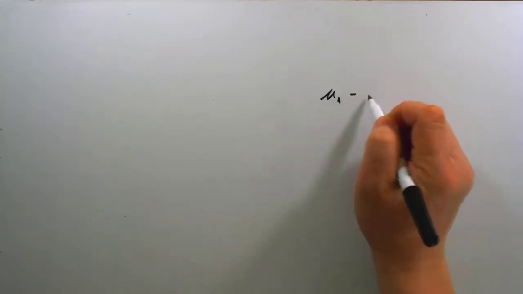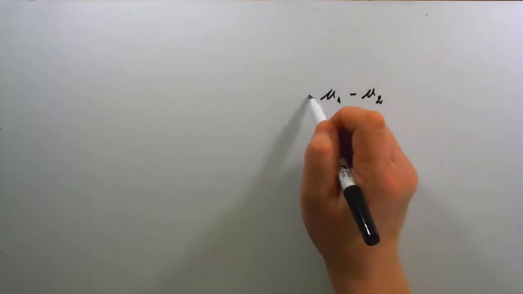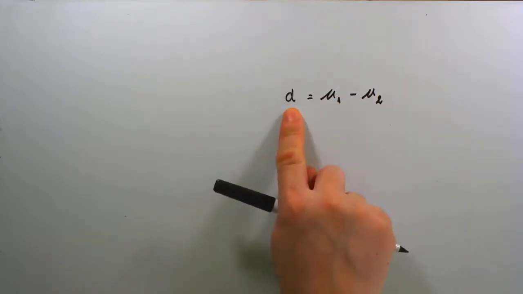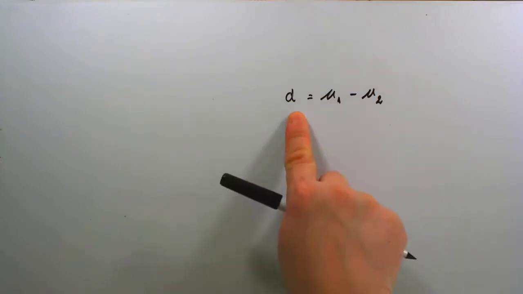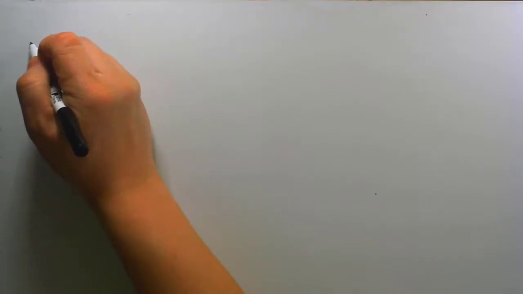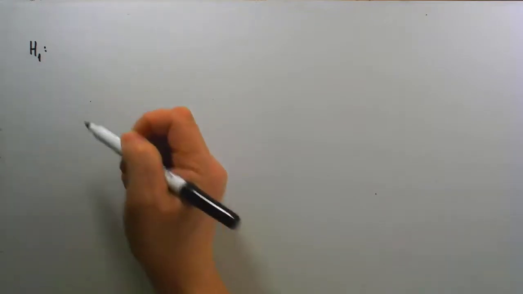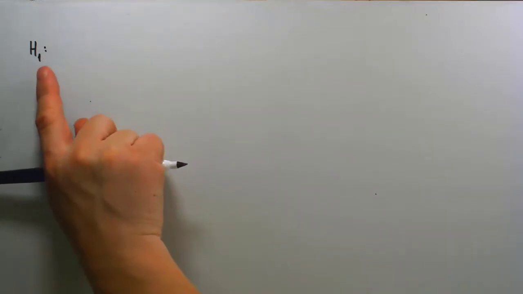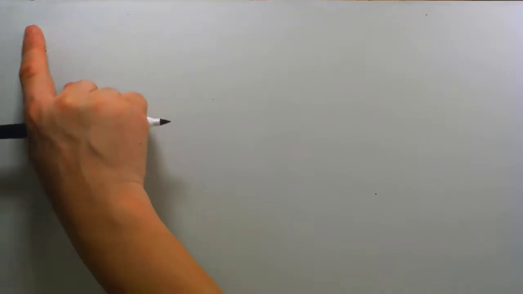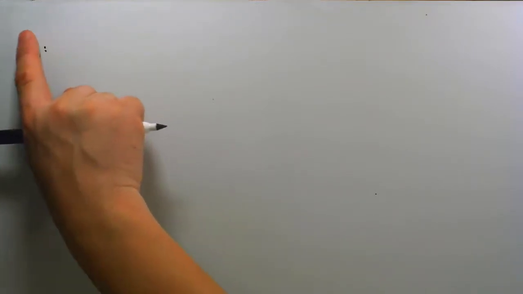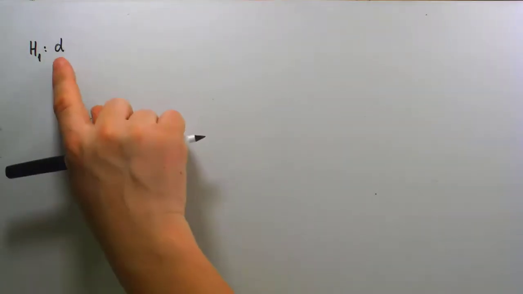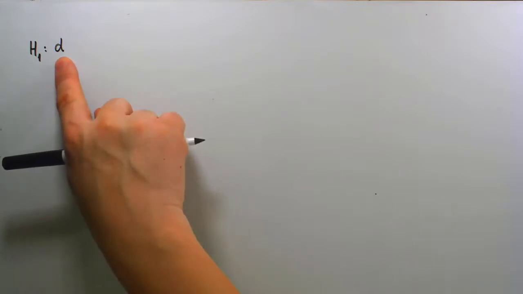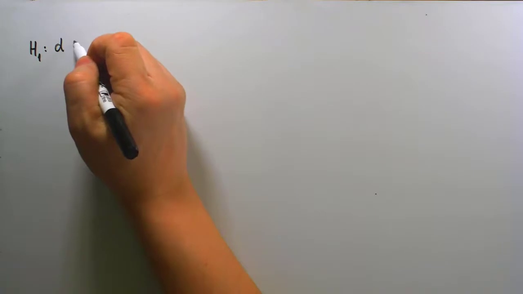But mu1 minus mu2 is what we have already defined to be the difference in the two population means. So mu1 minus mu2 equals d. With all that understanding, combined with our past experience in testing a hypothesis, the statement we're trying to prove has an inequality, so it takes its place as the alternative hypothesis, H1. So in H1, right from the wording here, we're trying to prove that the difference in the two population means